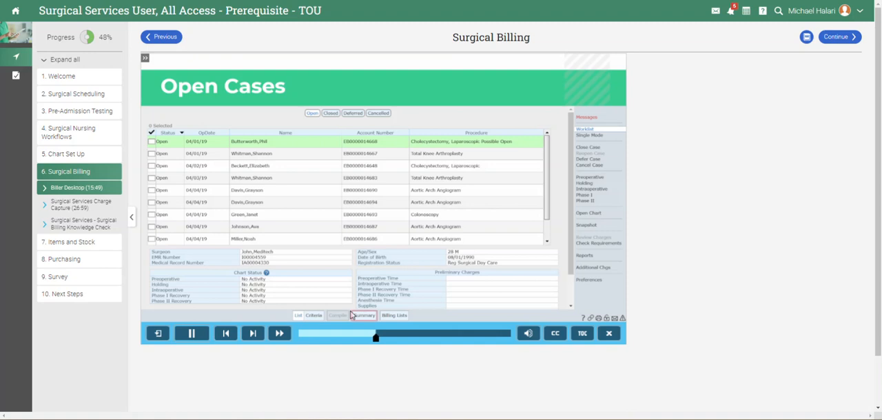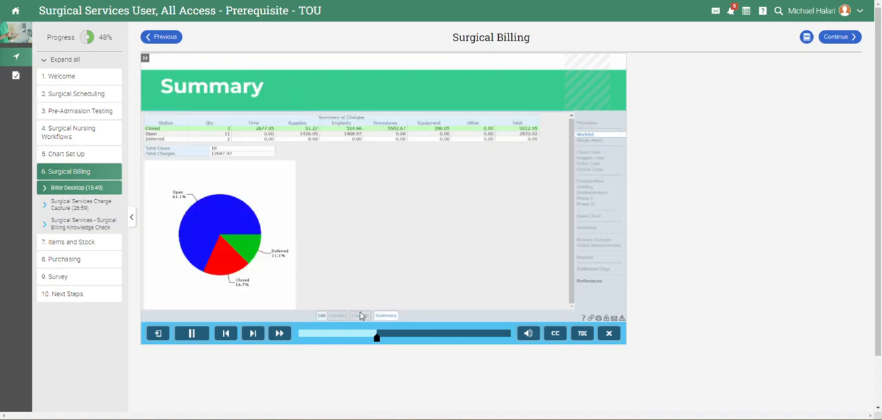Next, let's look at the summary. Let's go ahead and click on the Summary footer button. You're now presented with the summary of charges for all cases in your patient list. It's broken down in the left column by the various case statuses. The table shows you the number of cases in each status, as well as the total dollar amount in time